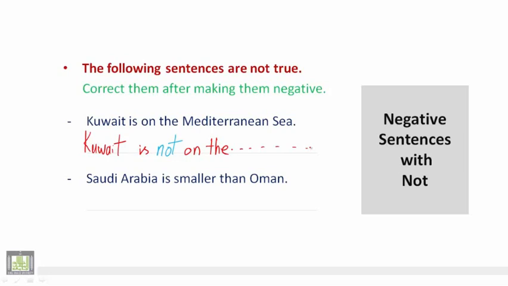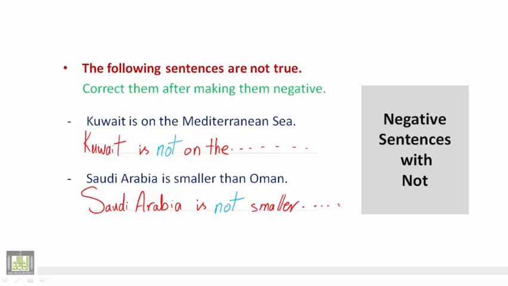Now, the second sentence, Saudi Arabia is smaller than Oman. Of course, also this is a wrong sentence in meaning and we want to make it negative. So we say Saudi Arabia also is not smaller, and we continue. What we notice here is that whenever we have the auxiliary verb or the verb to be as the main verb of the sentence,